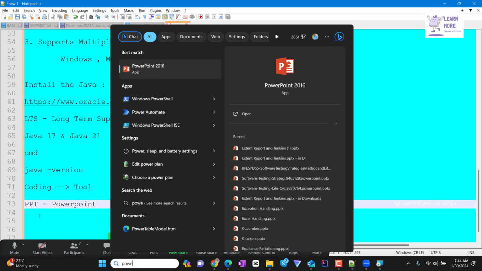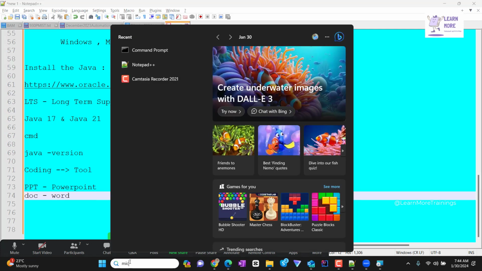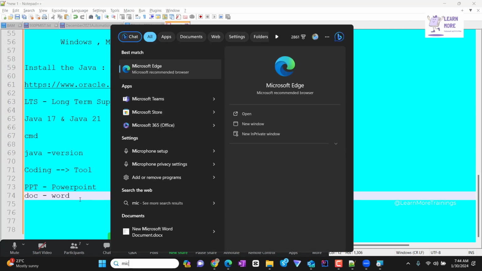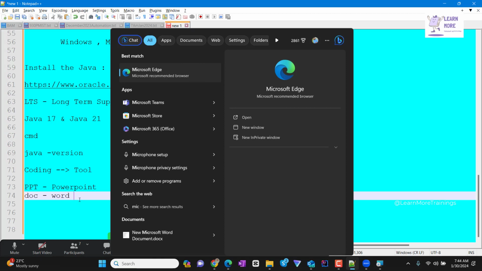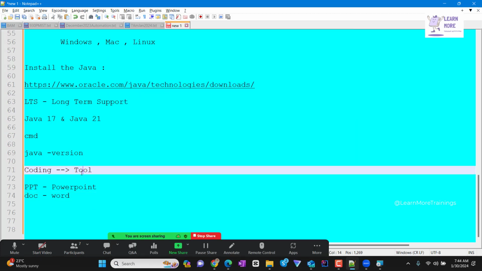And in a similar way, if you need to create any document, you will use Microsoft Word. So we will search for Microsoft Word, and in Microsoft Word we will type whatever things we require. In a similar way, in order to do the coding, we may require a tool,